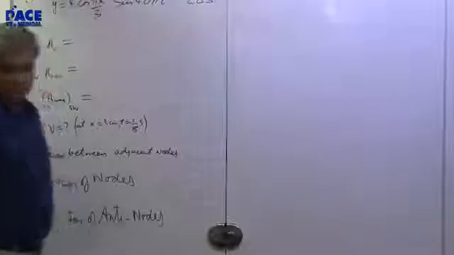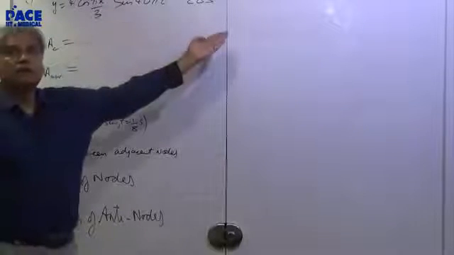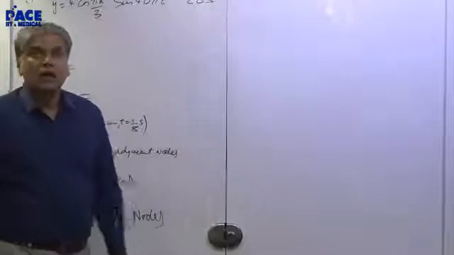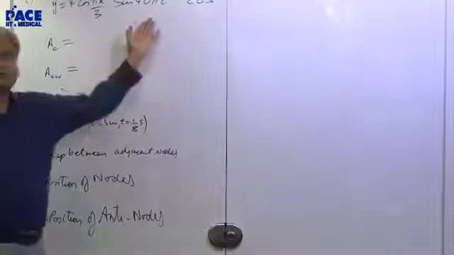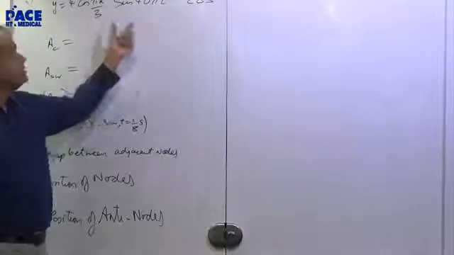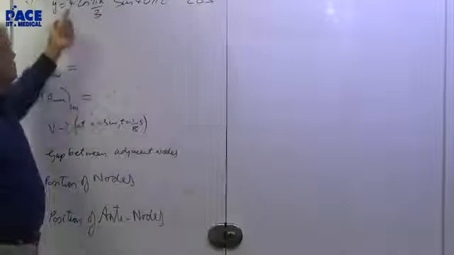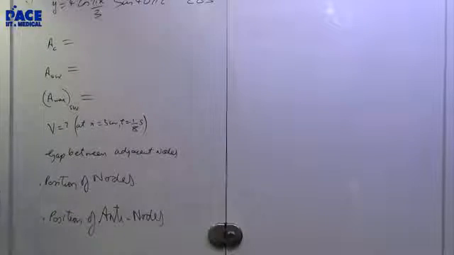So can I wipe this off? There is an equation given, and CGS means it is in the centimeter gram second units, and several questions are posed on that equation. Obviously you recognize this as a stationary wave equation. There is a spatial term, there is a temporal term, and that coefficient.